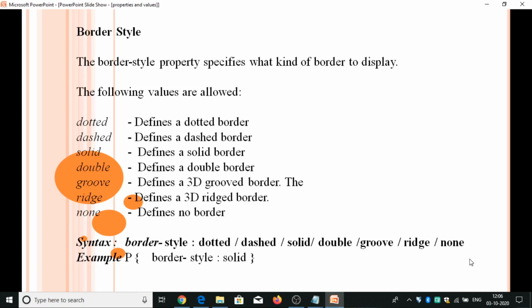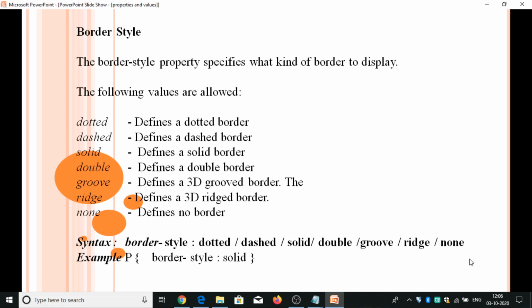Next property is border style property. Style property specifies what kind of border to be displayed. For that we have several values like dotted, dashed, solid, double, groove, ridge, none.